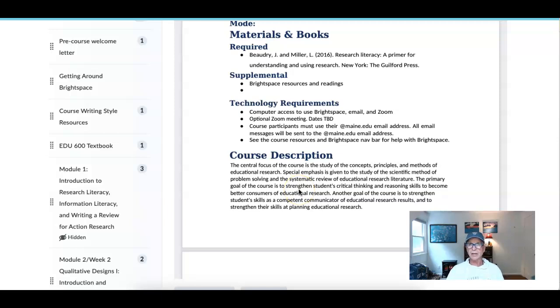Okay, so what we have here is the syllabus, all the information, the books that we're using, the course description. Now, we are not conducting research in this class. This is really a reading, analyzing, and writing course. First of all, we start off with qualitative research, which are things like a focus group. Then we go to quantitative research, which could be a survey. Then we go to mixed methods research, single subject research after that. So we take it one step at a time, one topic, but we do start with qualitative research, which is interviewing.